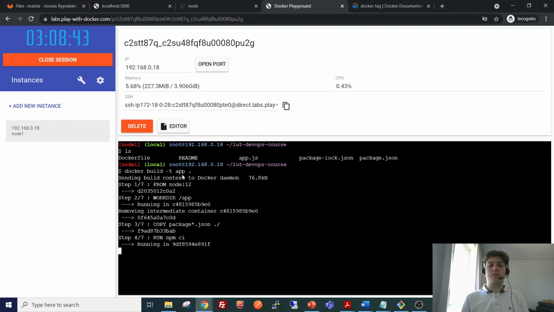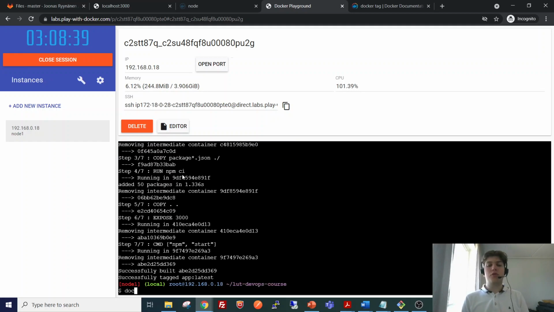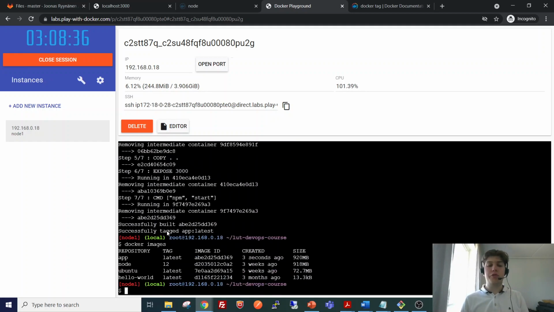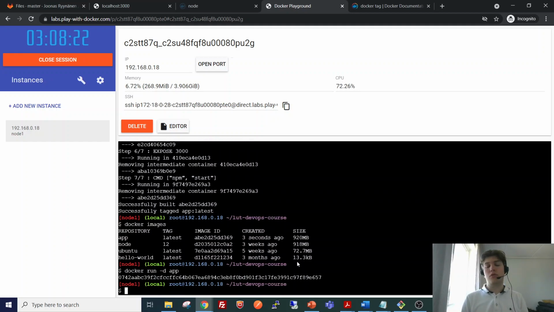So now we will build our image, and now, as we can see, it already has the name app here. So now when we run the container, let's first use this option -d, which means detached. So when we create this container now, we can see that it goes to the background and doesn't display anything here. So does that mean now that the application works?